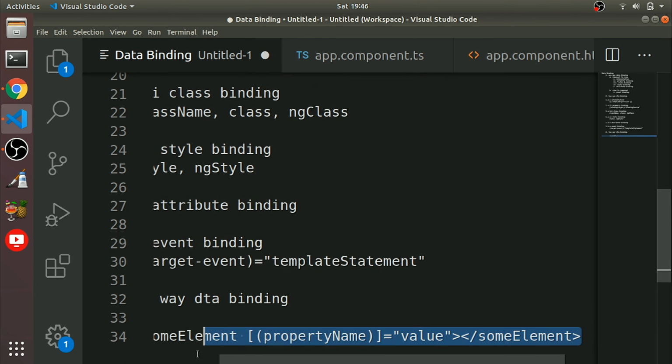I'll give an example. innerHTML is one property. If you take this property, then the corresponding event will be innerHTML changes. Then this will work. So for us, already an inbuilt thing is there, ngModel.